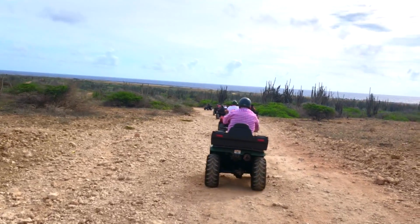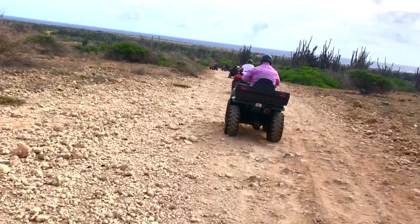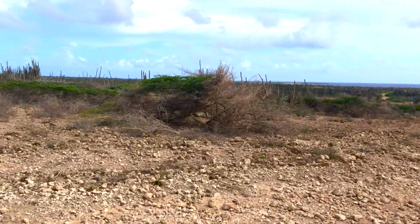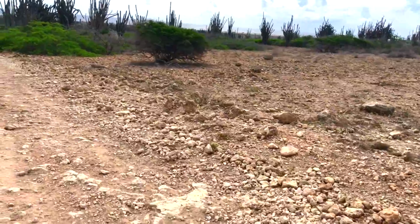Coming off a hill on Bonaire and overlooking the ocean, which is really very pretty. And this is almost like we're riding in a desert. Really cool ride, unexpected, much better than Puerto Rico. I'm filming with my